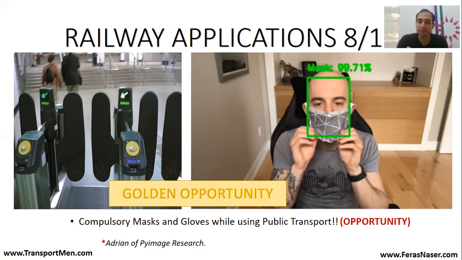And there is a lot of funding for that. When you look at how much funding has been allocated to try to contain the coronavirus crisis, you can see some of it was allocated for transport. For that reason, I think it was fundamentally important that we really think about this solution, and I think this can be a golden opportunity. I heard in the news that a station in France started a trial for this kind of technology. This is the right time to try to seize this opportunity.